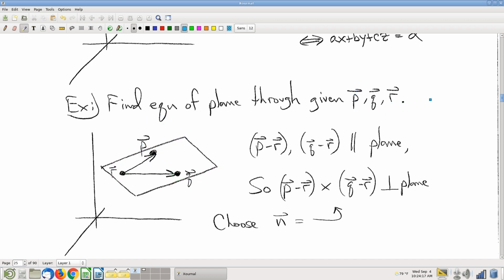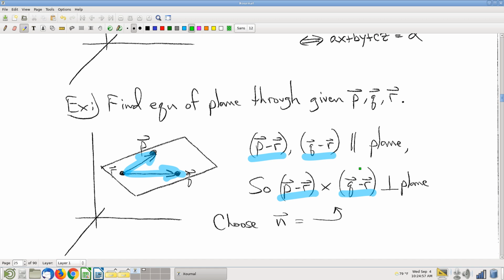So how do we get a normal vector, though? This is a little geometry puzzle. There are a lot of little geometry puzzles that come up in this whole section with lines and planes and stuff. And in this case, think about what we have, think about what we need, and then try to figure out how you can get there from here. Right? So, I have a couple of points in the plane. Their differences then are parallel to the plane, and I refer you back to the previous section. If you have a couple of